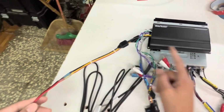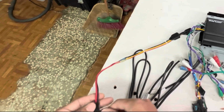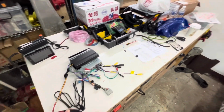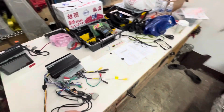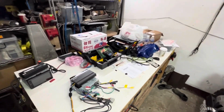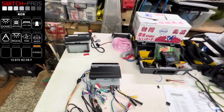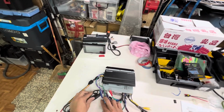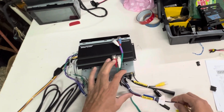I wired my head unit and the amp together along the same circuit with the ground, and the ground runs to the chassis behind the dash, and then the power comes from my Switch Pros unit. And that allows me, when say I wake up in the morning and I want to listen to some music, I'm sleeping up in the tent, I can pull my phone out and connect to my Switch Pros unit via Bluetooth, and I can power up my head unit, and I've got music without even having to leave the tent. Now, creature comforts when you're camping make camping a lot more fun and easy, especially when you have your wife and your daughter with you. So that's the audio, that's the camera, you have your antenna,